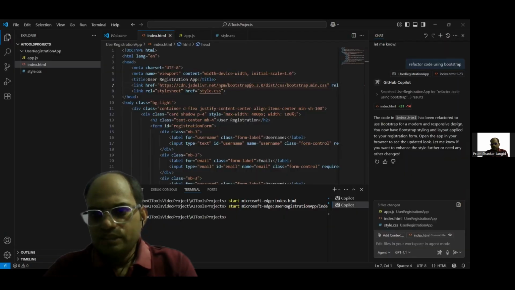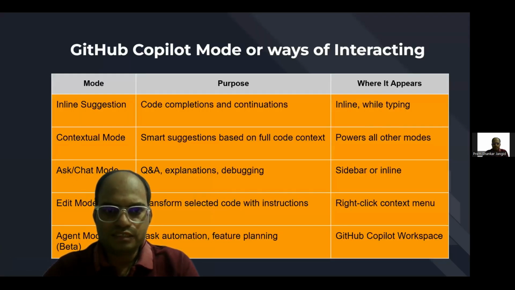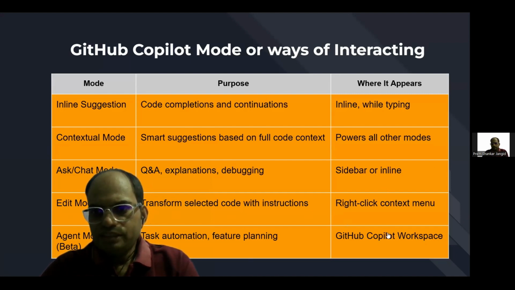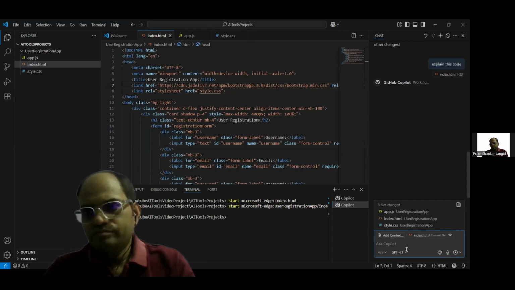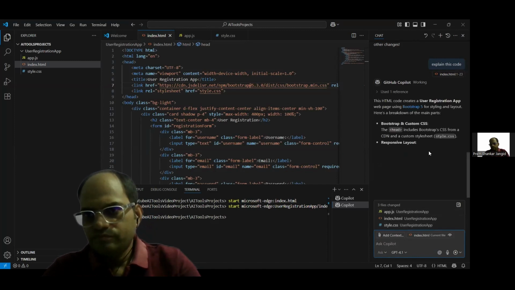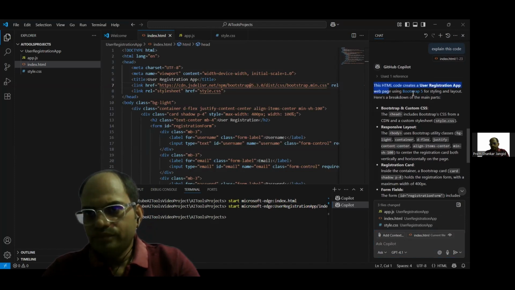Let's explore the next one. We had agent, another mode is ask, and another mode is edit mode. Let me use ask. From ask, we can ask for the explanation of this code. Explain this code. If you see, this is the HTML code created for the user application web page using Bootstrap 5, and